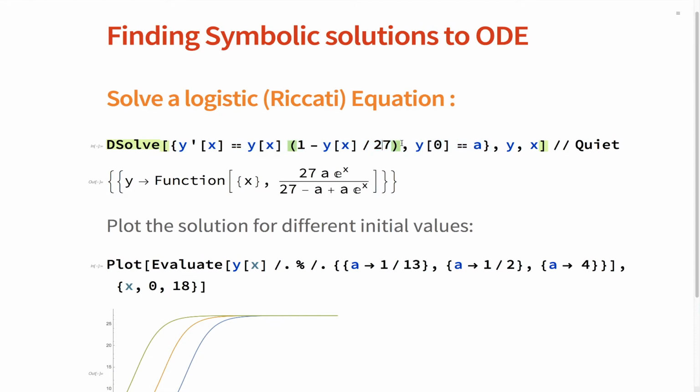So this is the equation: y'(x) = y(x)(1 - y(x)). This is the logistic Riccati equation with some initial value. I gave it a, solved it as a pure function, and got the pure function value. Once you get this pure function value,